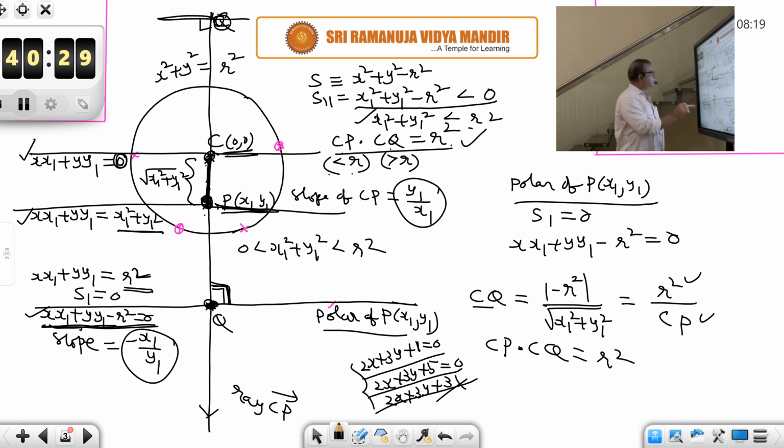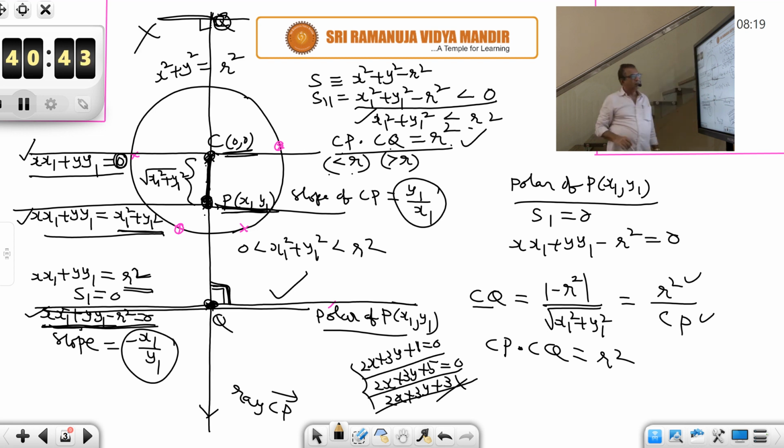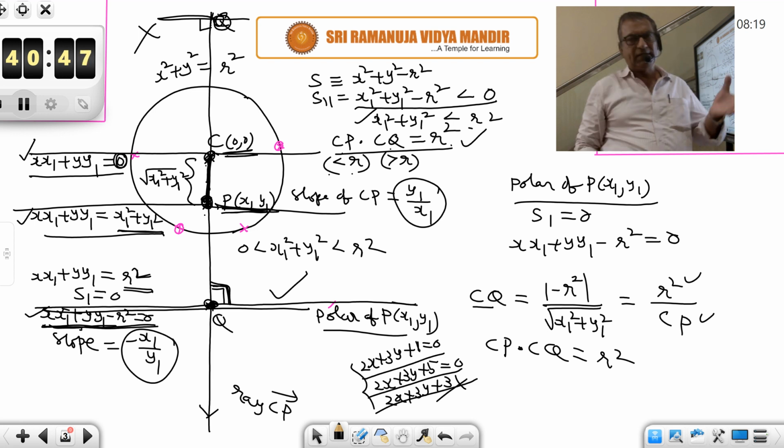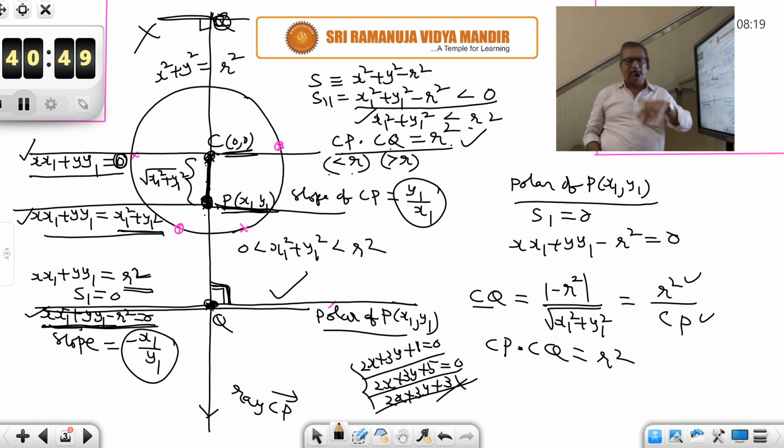So here we can see the order. The constant is 0 here on the right side. Here x1 square plus y1 square. The next constant is r square, more than x1 square plus y1 square. Therefore this polar must be on this side only, not on this side. Okay. So this way, for an inside point, the polar is exactly located. Its direction and how far away it is from the circle are decided by these two quantities.